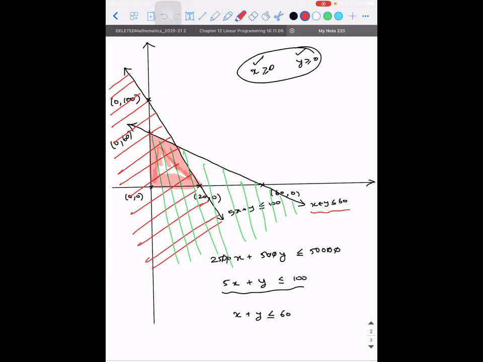Guys, I hope I am clear. So this is the common region, right? With this common region, what you have done is you have actually eliminated many such possibilities to make the maximum profit. So let us name the points as A, let me call this as B, and let me call this as R. Okay, now see.